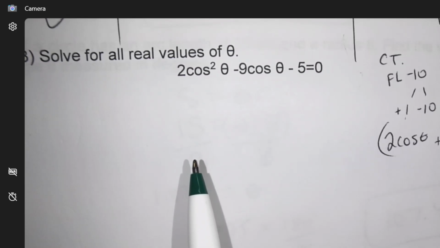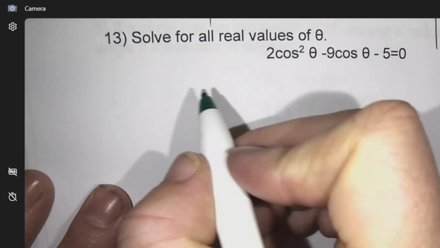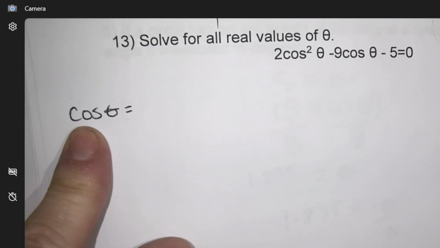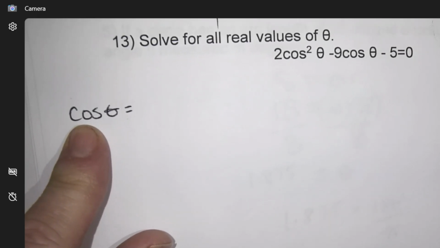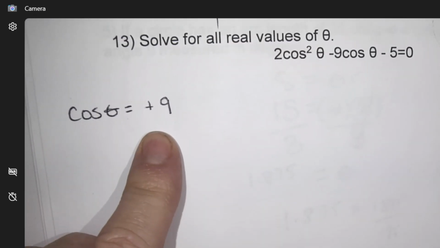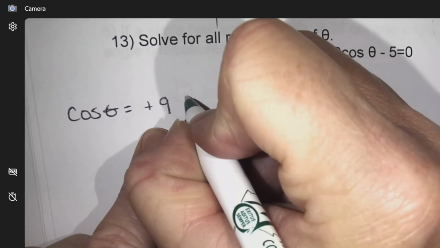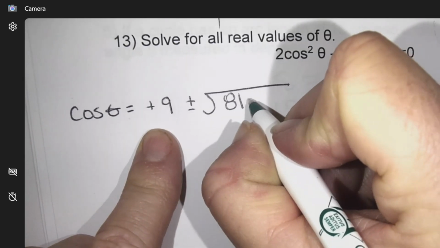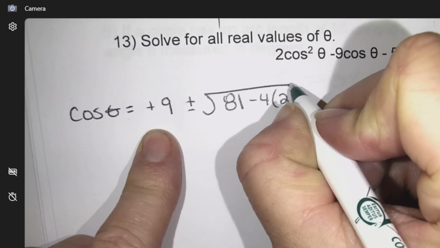A formula, right? Okay, so this would be cos theta is our variable. Notice how I'm not putting theta equals, I'm putting cos theta equals. Because what is the first thing you always solve for? Trig value. You don't solve for angle first, you solve trig value. So -b plus minus the square root of b squared minus 4ac